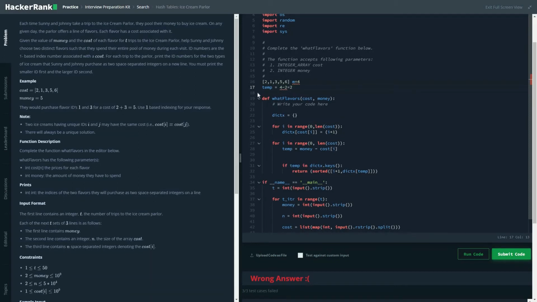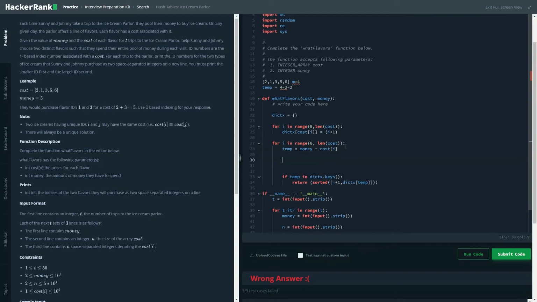But there is only one ice cream whose value is 2, not two ice creams. So we need to check whether there is a case where the temp value is equal to the value that we are subtracting from.